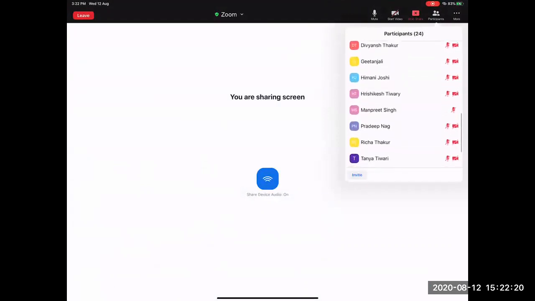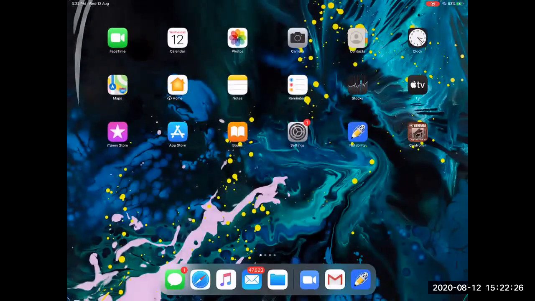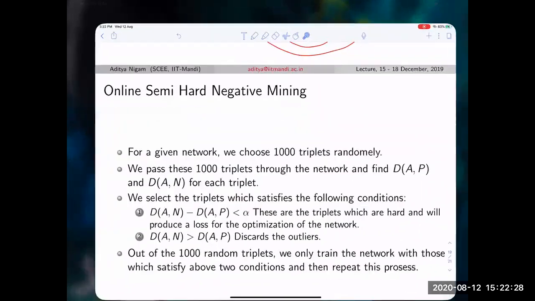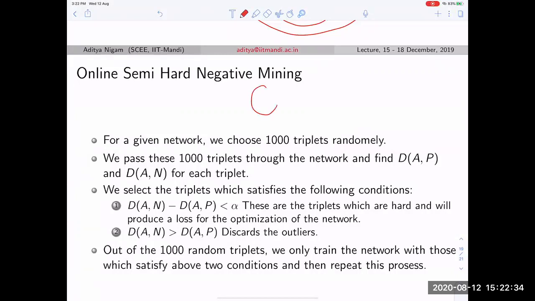Participant: So in choosing triplets, as you said, the number of negative samples is very large as compared to the positive samples. Is it a general statement? Yes, it's a general statement, because as I have said, for every class you are going to get a limited amount of images. For any class, you are going to get a limited amount of images, and you are going to have multiple such classes.